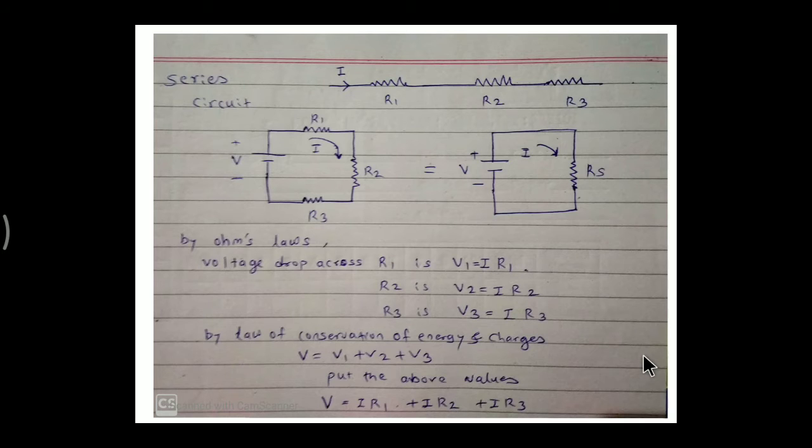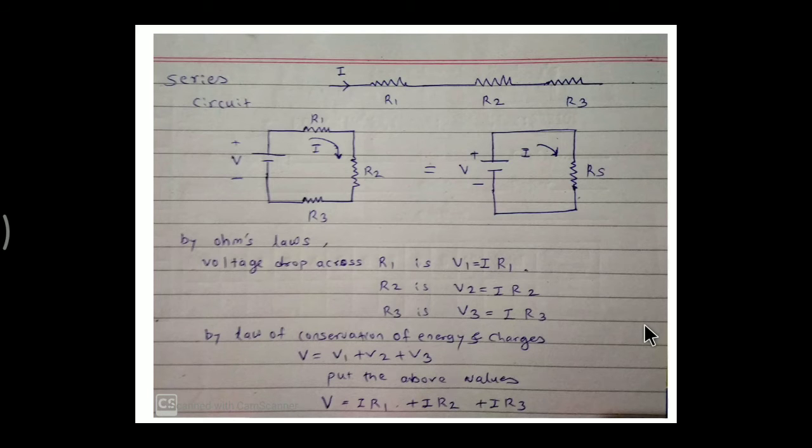Here in this case the law of conservation of energy is applicable. What is the law of conservation of energy? That energy can neither be created nor be destroyed. It can be transferred from one form to another form. The total energy in the universe always remains constant. So if a battery or voltage supply is delivering energy, that is the voltage V, then this voltage should be conserved in this circuit. So as per the law of conservation, it should be V is equal to V1 plus V2 plus V3.